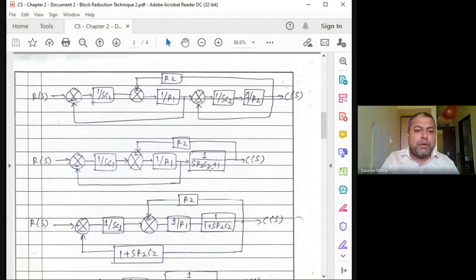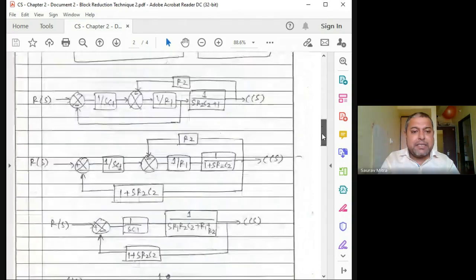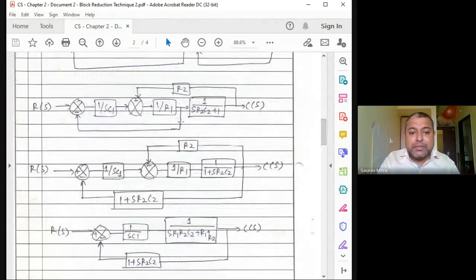Now there is a big problem. The big problem is that there is an entanglement. Okay, so the entanglement is like this. Now what can we do? This takeoff point, we can take afterward. Okay, so this takeoff point we can take afterward, and whenever you are taking this takeoff point afterward, what's happening